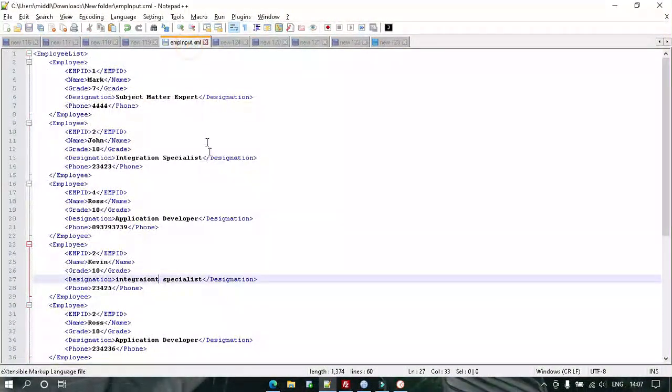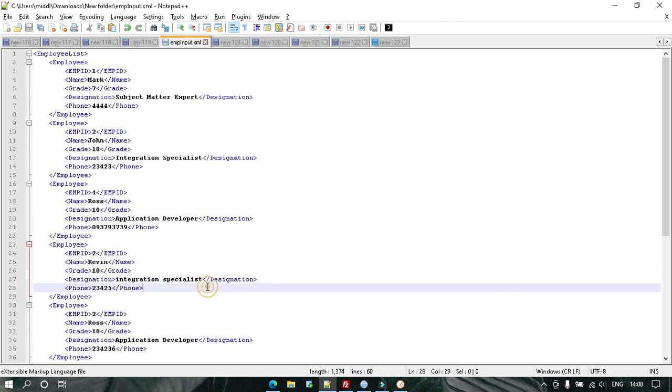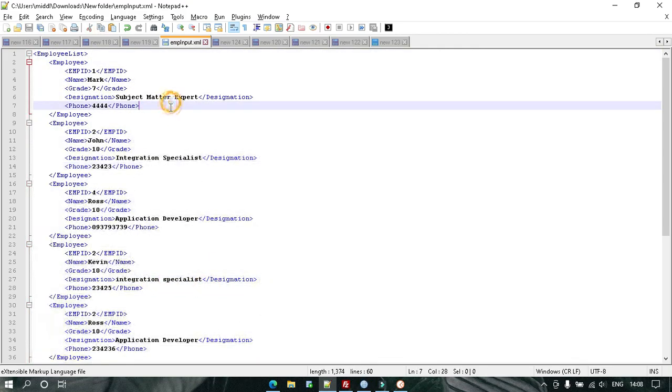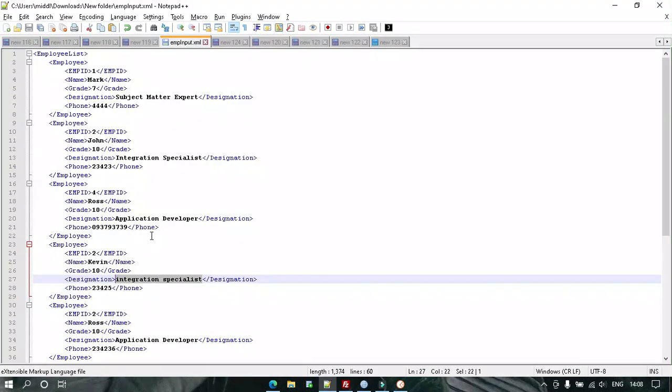Now, why is this repetition coming? It is matching integration specialists, and all the integration specialists are created. Again, in the fourth iteration, it will search for integration specialist, and again all the integration specialists will be created.